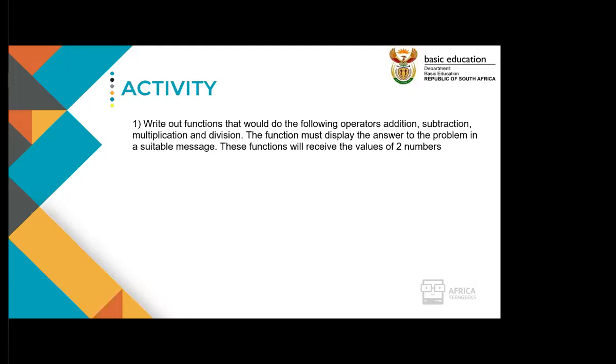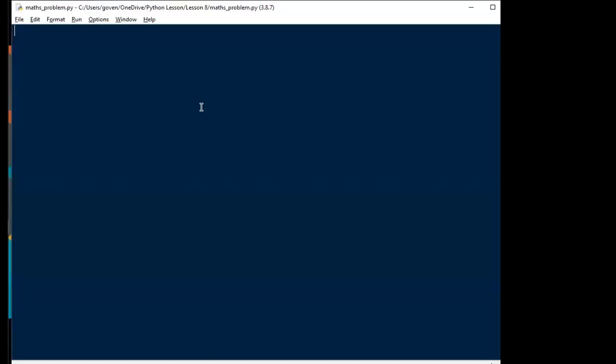In this question, if I look at it, they tell me I need to do addition, subtraction, multiplication, and division. And I need to create functions for those. So for each one, I need to create a function. So it means now I need to create a function for each one of these pieces of information. So I'm going to go back. So, right, how do I add numbers? So let's start off with, firstly,